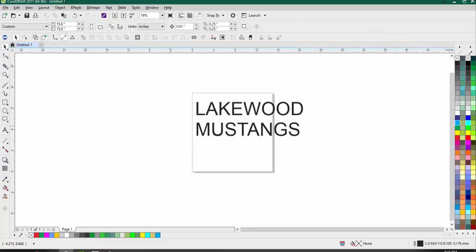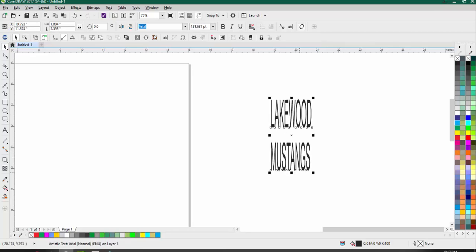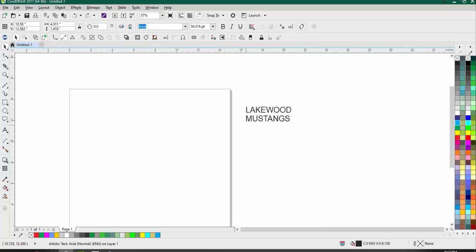So when we resize text like that, if you notice what I did here is when you click on your text, you're going to see all these kind of squares around the outside of it. And that just allows you to grab your object however you want. So you can grab it from the bottom square here, and if you do that, it's just going to stretch it that way. You can grab it from any of the sides too, and it's going to stretch it from the side. Or you can grab one of the diagonal corners, or the corners of it, and you can pull